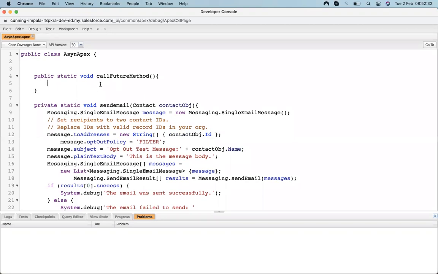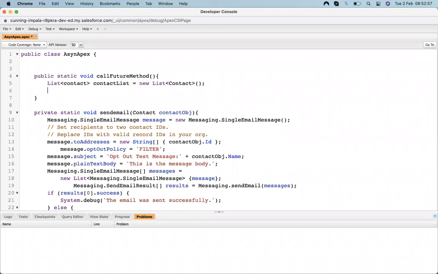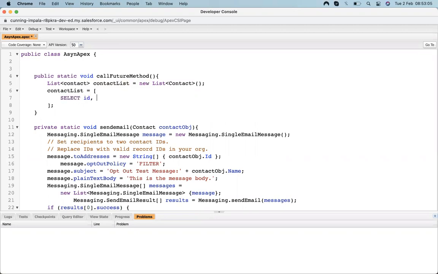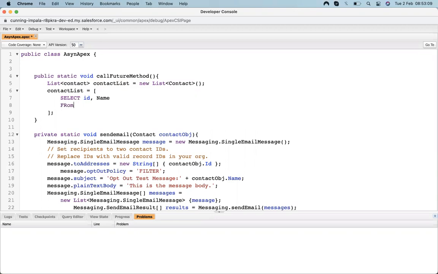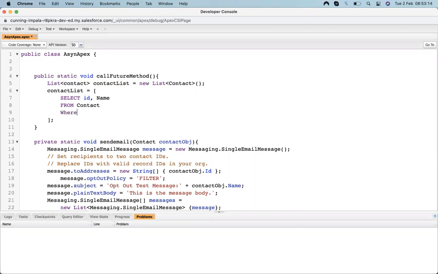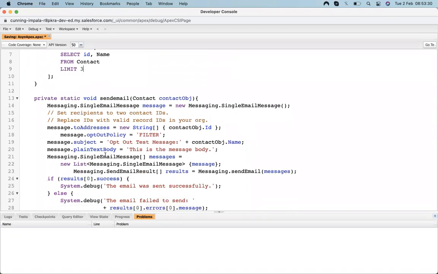Okay. Three contacts. I'm excluding that because, since this is a developer org, we can't send too many emails.